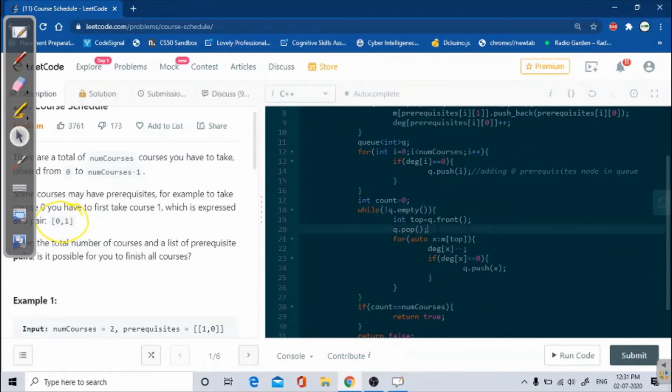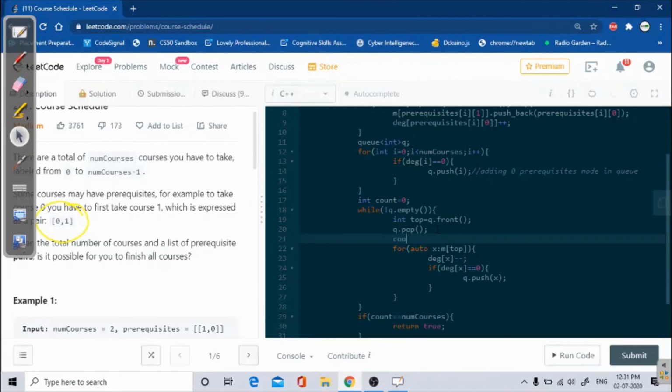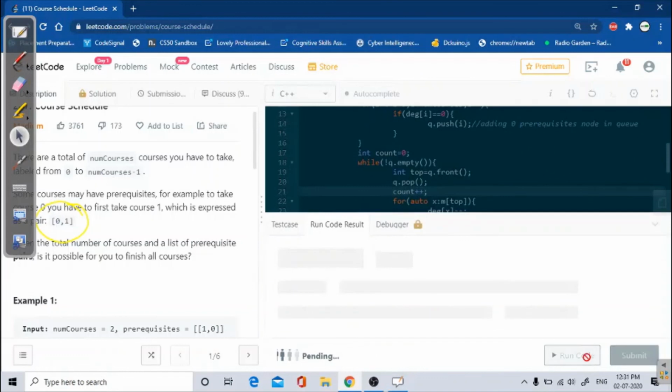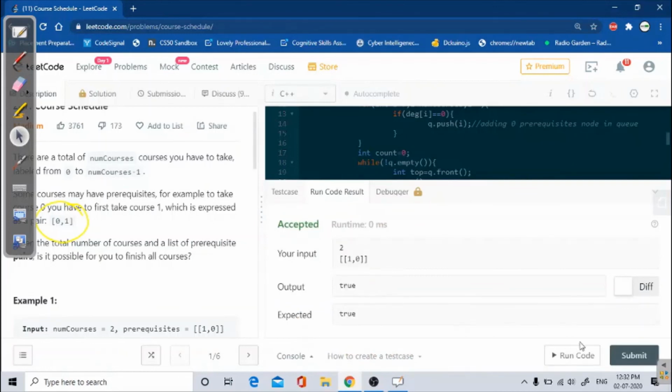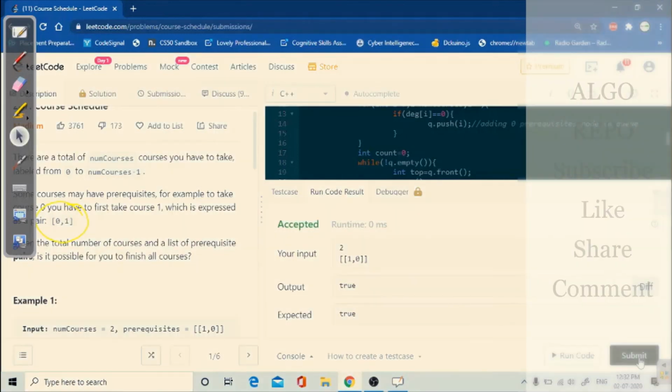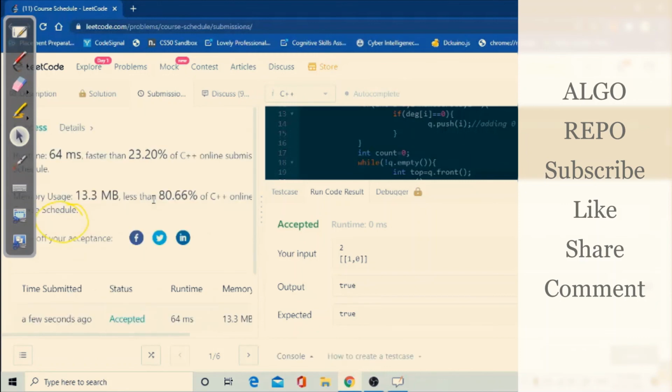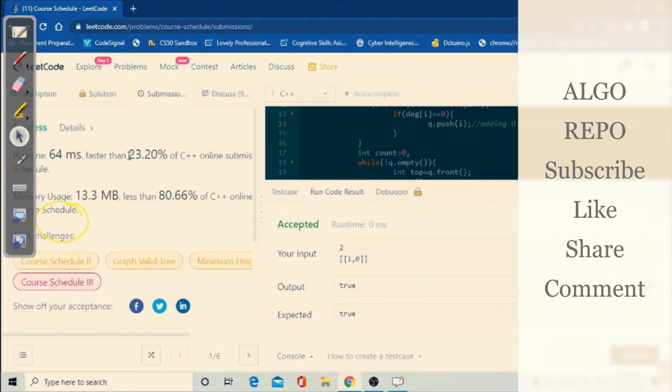Okay, so we forgot to count while popping. Every time I pop from the queue, I have to count. So let's run now and let's see. Now it's accepted. Let's submit now and let's see. Yes, friends, it is accepted.